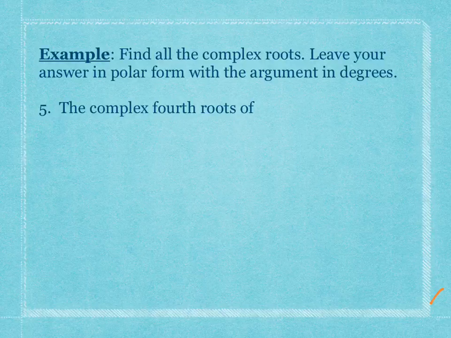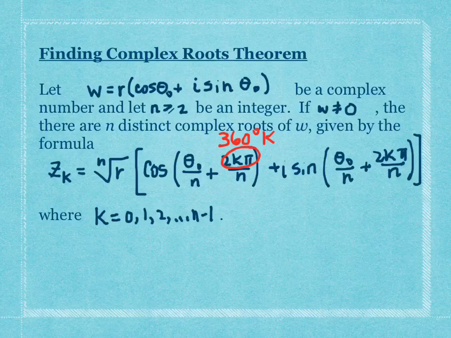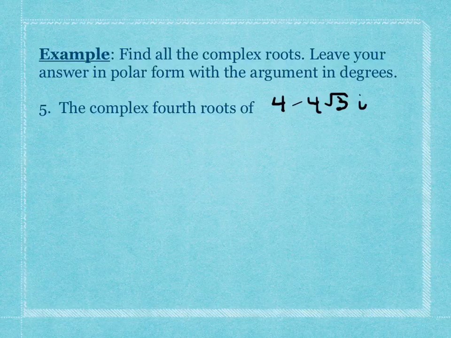And we're going to find the complex roots of 4 minus 4 square root of 3i. And as we take a look at that, you might sort of notice back over here on the directions that finding complex roots sort of starts with having things in polar form, and that's actually where we're going to have to start. But in order to be able to process through any of this any further, we've got to change this into polar form. So I actually need to know the r value, I need to know the theta value and whatnot, and I can